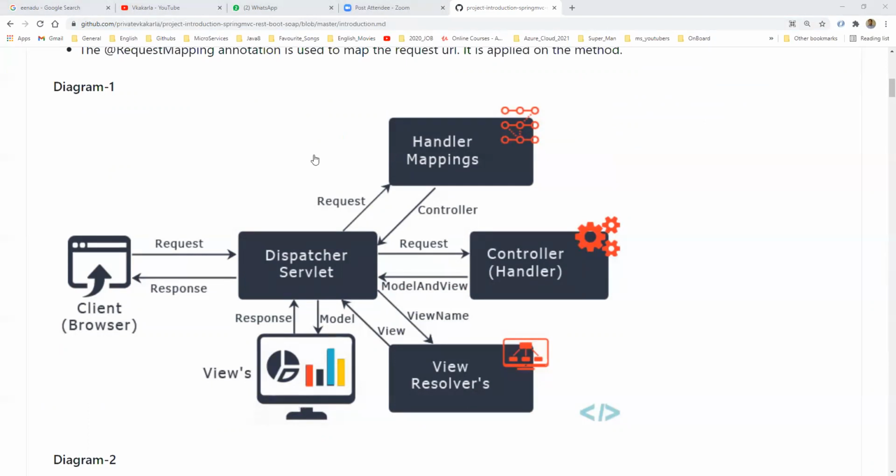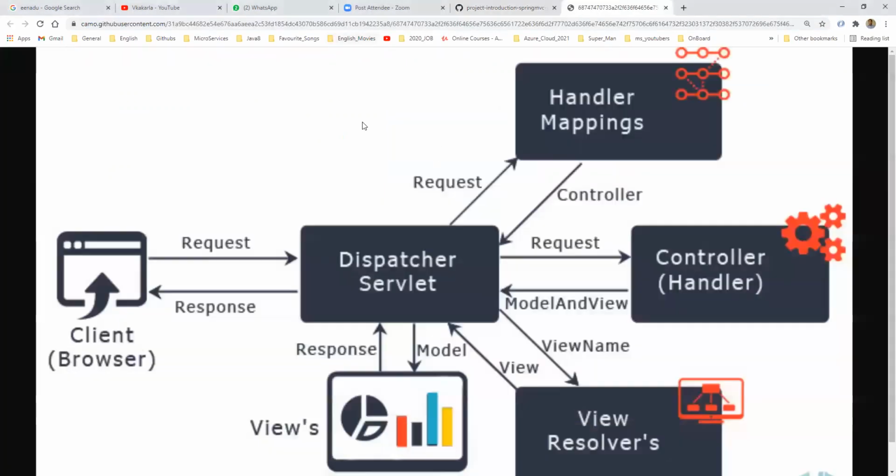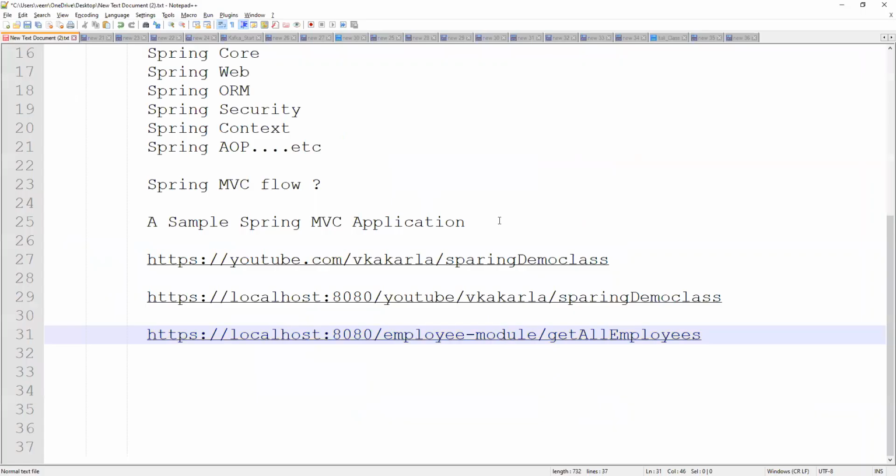I will upload this video to our channel, so that you can watch it before starting tomorrow's class. From tomorrow onwards, we are stepping into programming: how we are going to write a Spring MVC application, what things we need to configure as part of it, how we can run and execute it, and how we give requests to it.